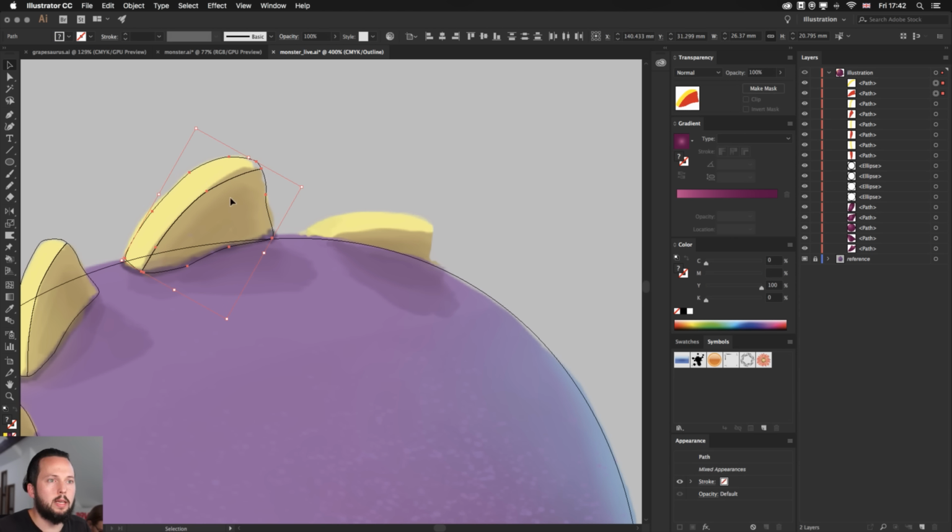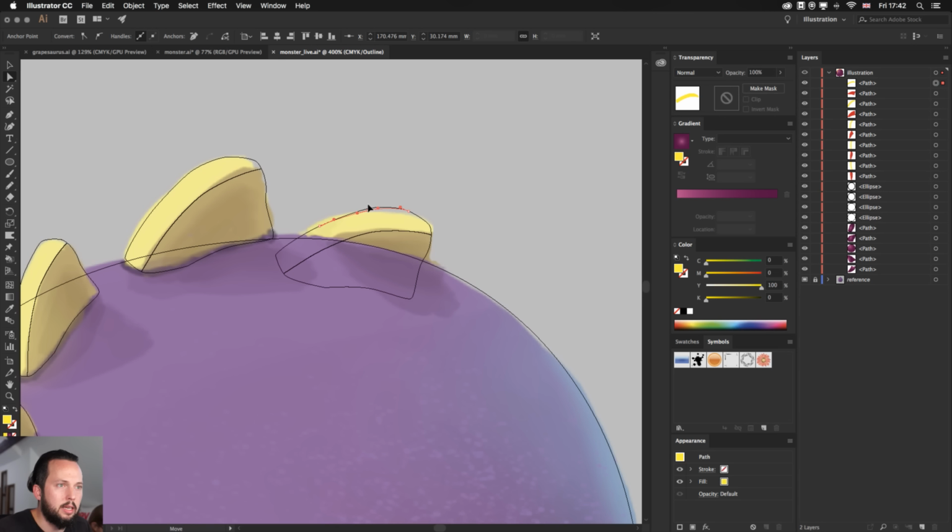Rotate with the rotate tool and align and resize. Maybe distort a bit, like so, and then rotate a bit more, and then just align it with the anchor points slightly. Now it doesn't have to be perfect again. Okay, so we have these details in place, but of course, once again, these should go behind. So let me select these two shapes, send to the back. Okay, so that's already what we needed.